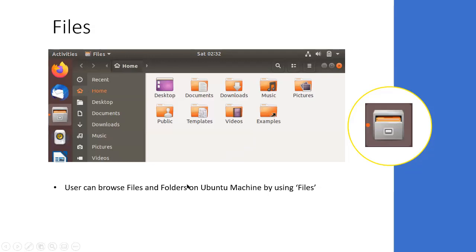Then another important Ubuntu application is Files. Like Windows Explorer, Files is there in Ubuntu 18.04. Users can browse files and folders on the Ubuntu machine by using the Files option.